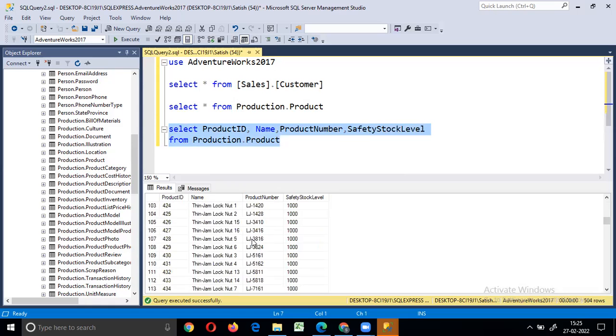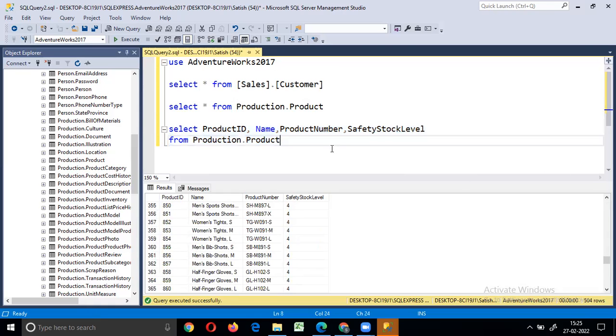These things. So I would like to display the products whose stock level is more than 100.